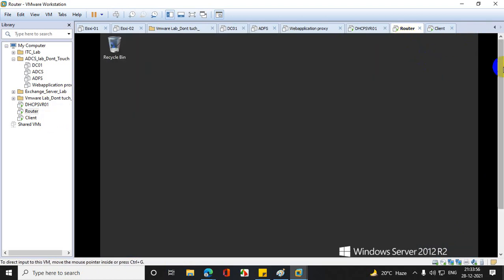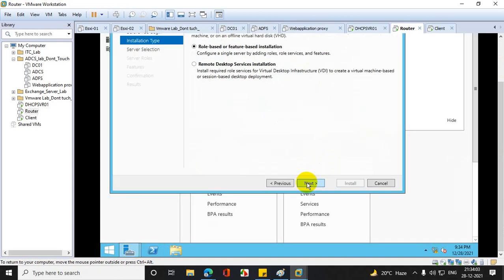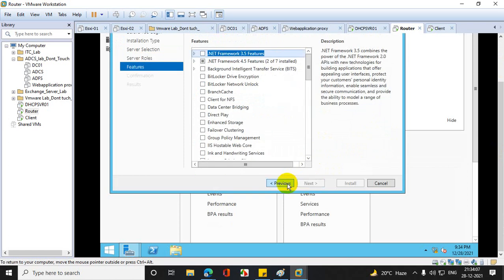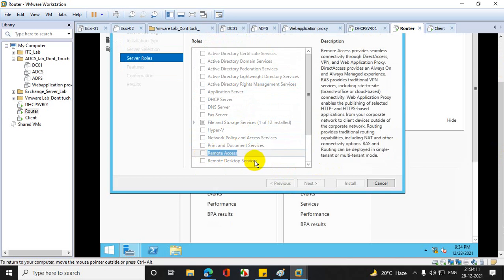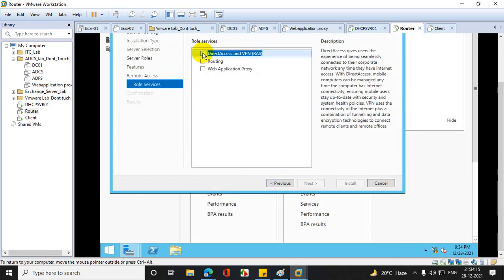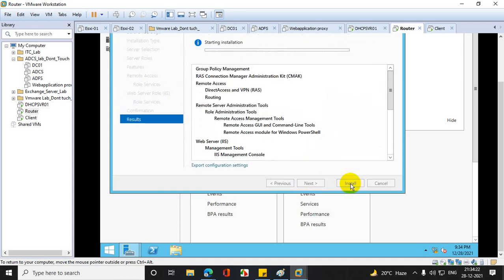We'll go and add roles and features. There is an option called direct clients, remote access. Just select these options, next, next, direct access, routing. Clear?